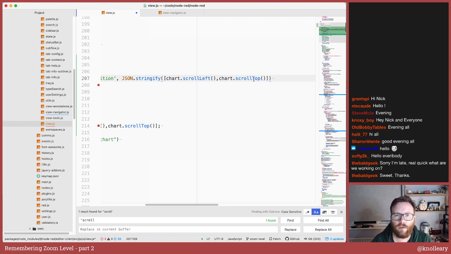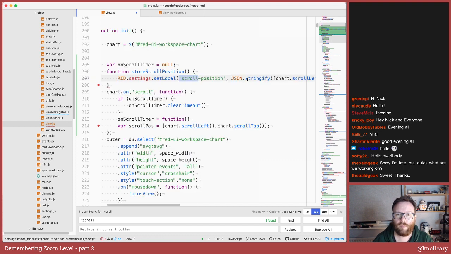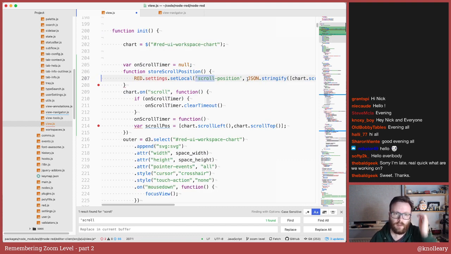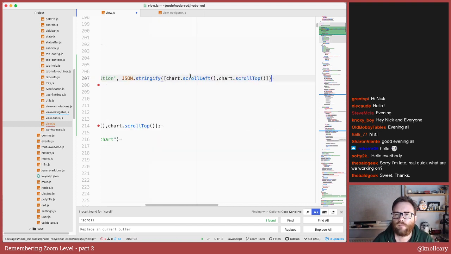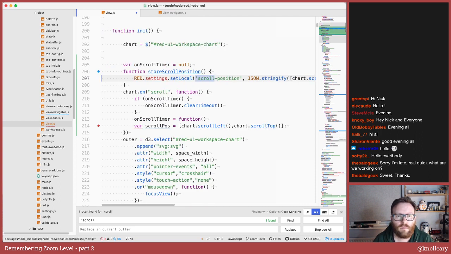So we will stringify an array with the left and top, X and Y scroll position.